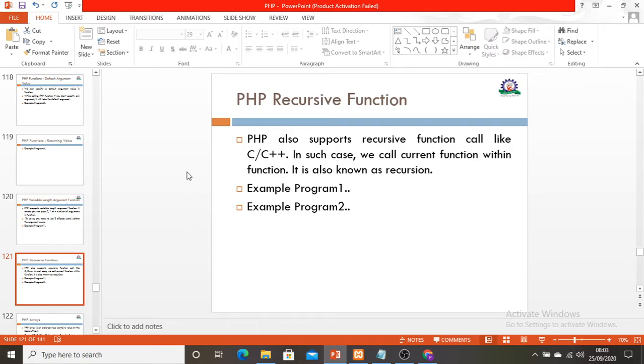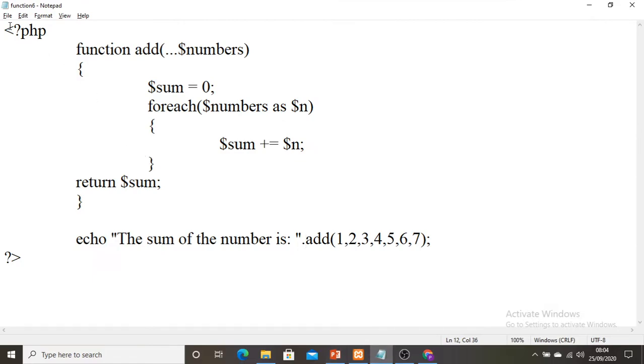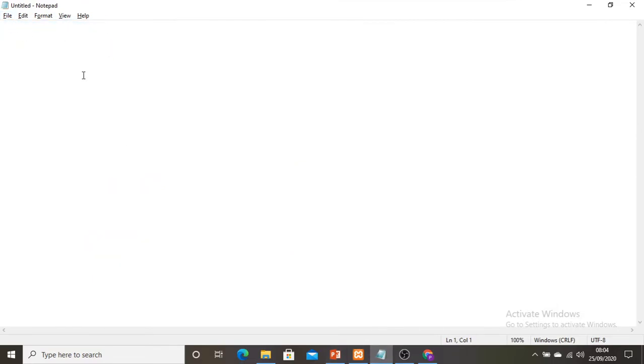So if you are executing the recursive function in a controlled manner within a limited number of iterations, less than 200, then you can use it. If it is going to execute an infinite number of times, it is of no use, and we should not use it, as we may put our system at risk. So let us see some examples of how I can implement this recursive function. I will take a new file and write my PHP syntax.